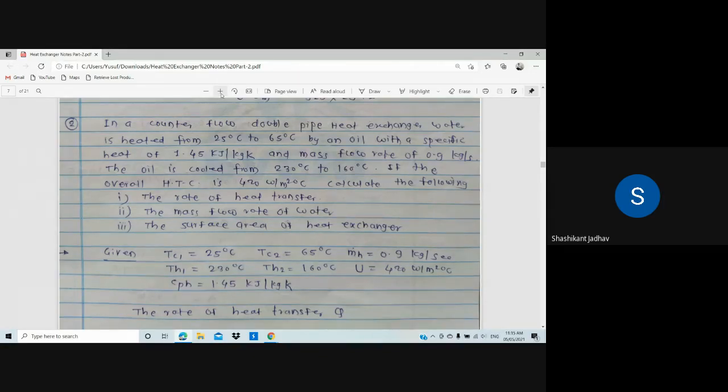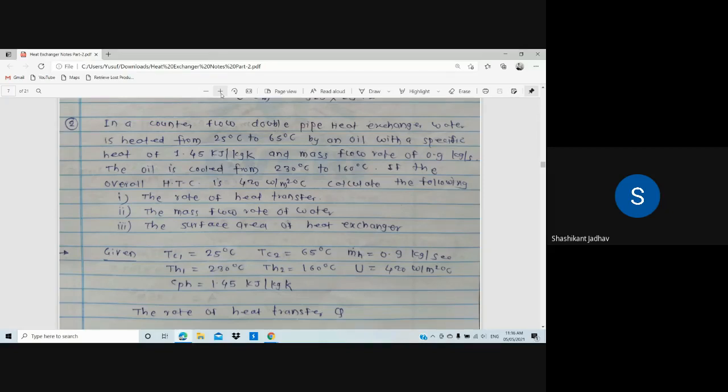If the overall heat transfer coefficient is 420 watt per meter square degree Celsius,